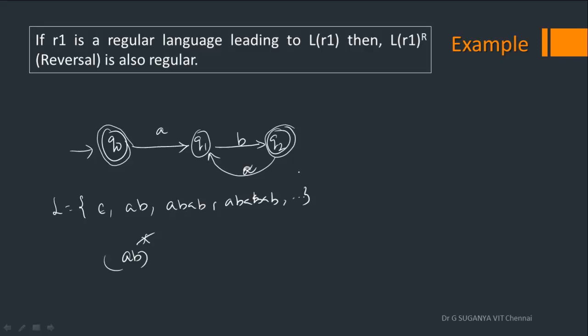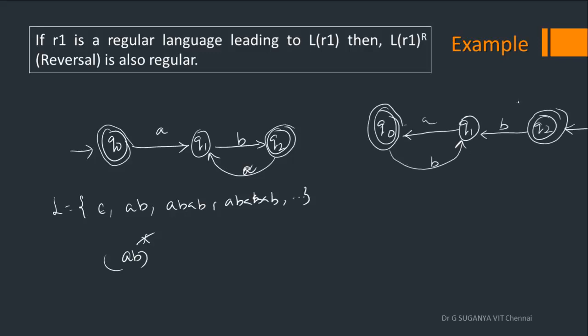What to do? Again, same procedure. So this is the new DFA accepting (BA)*. In all possible conditions, we are able to draw a DFA given the reversal operation, and hence the reversal is also closed.